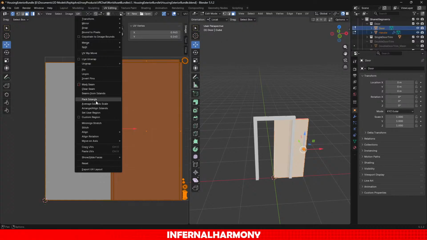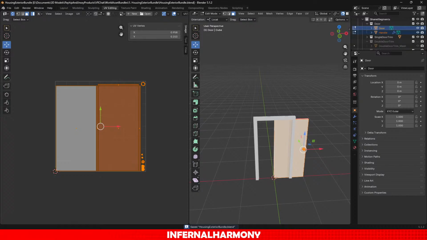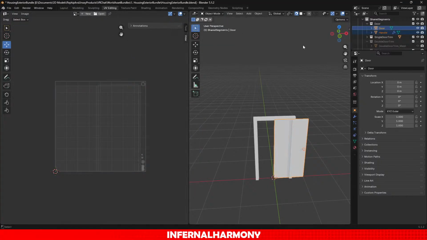Not unwrap, pack islands. There we are. That's better. That just makes it easier to texture for me later down the line. Okay, with that done,